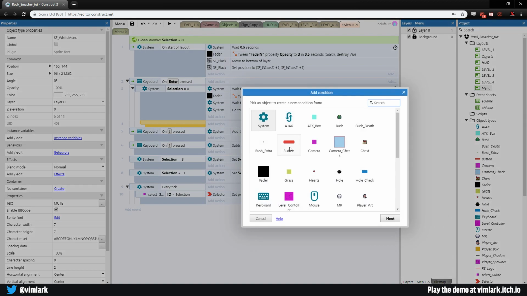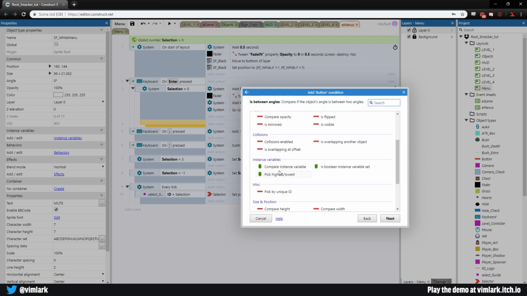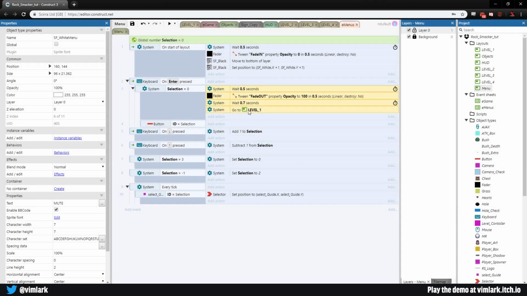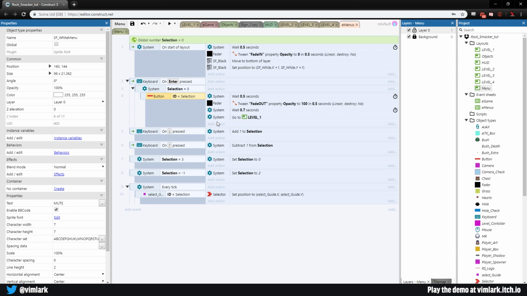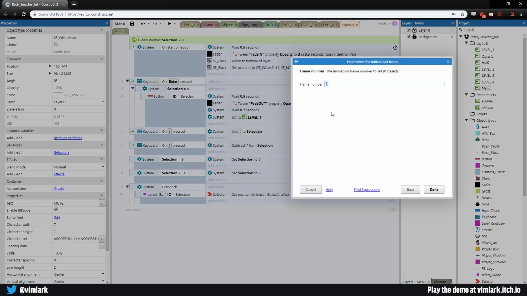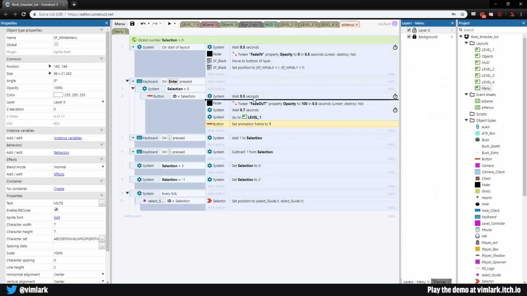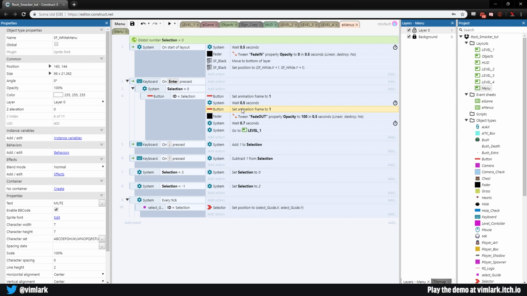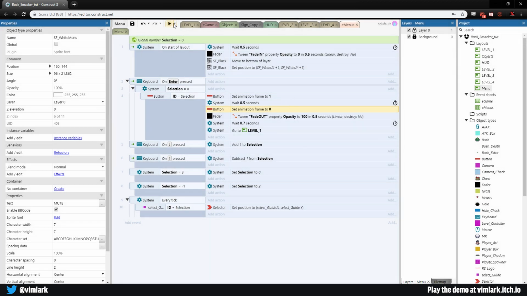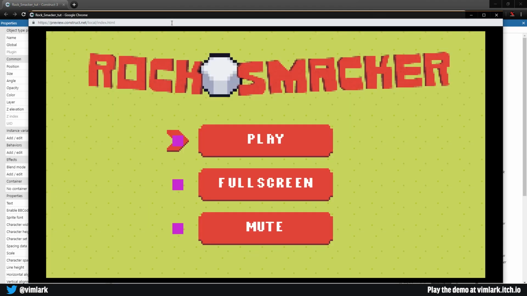So we will double click, button, compare instance variable. If ID is equal to selection, not select guide, then we will have all of this happen. But first, we also want to have add action, button, set frame to 1, drag this up above the wait, drag it back down below for a copy by holding Control, double click, set to 0. And now if we hit play while it is on 1, if we hit enter,